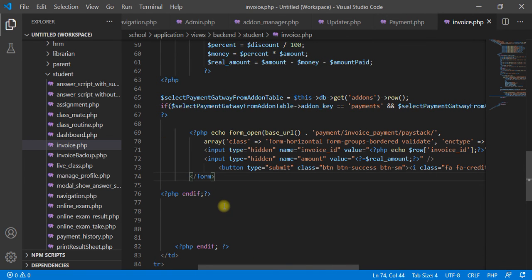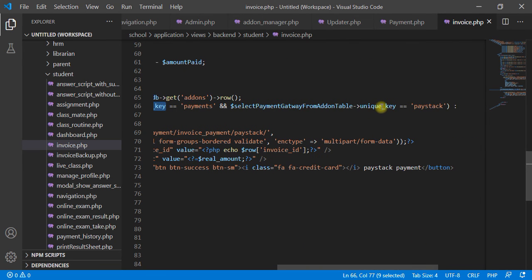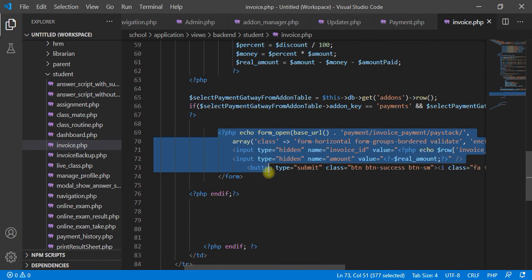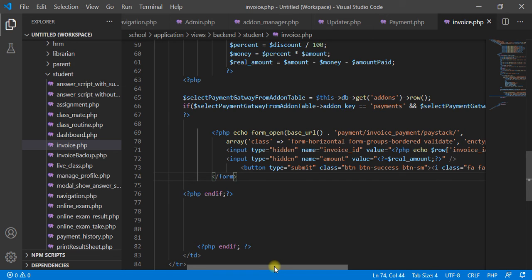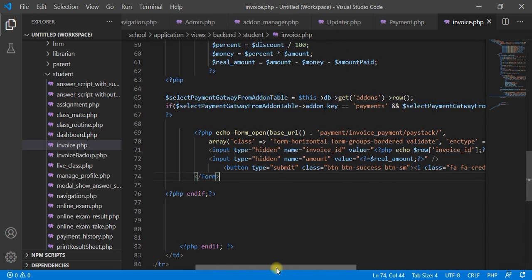So I'm using two keys, add-on key and unique key, to display this. Hope you are getting it. It's logical, but when you take your time to go through it, you are going to get the concept. Okay, so but if the add-on